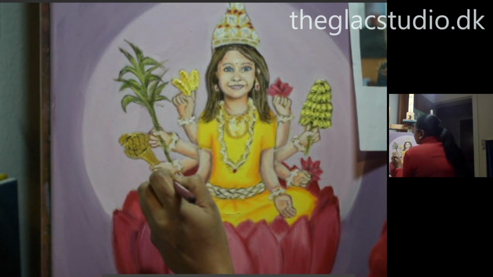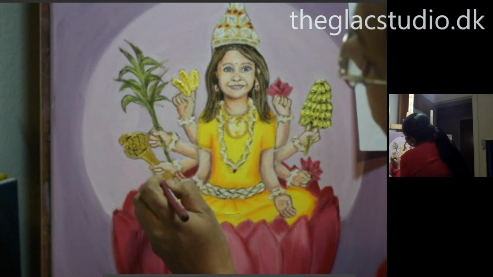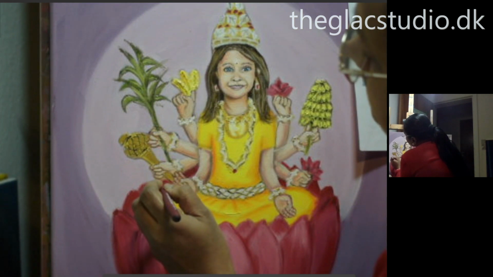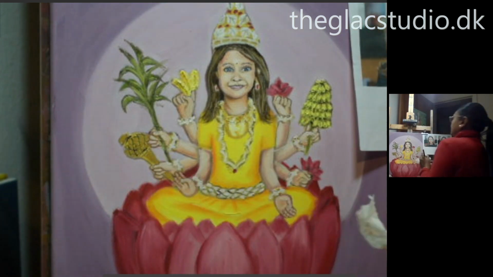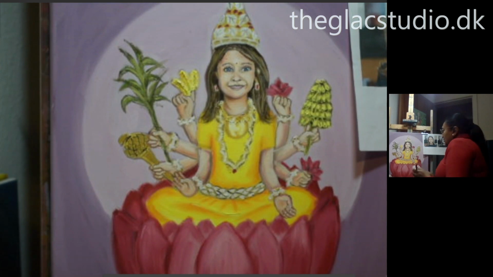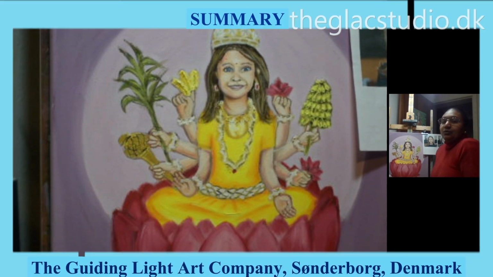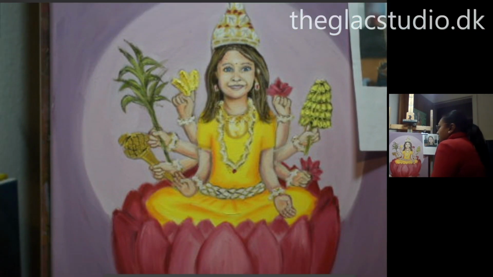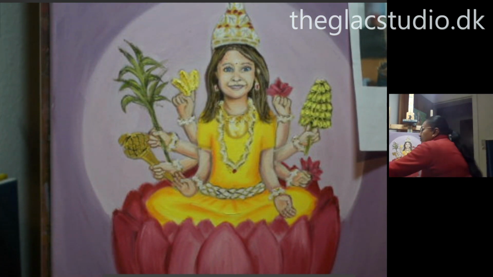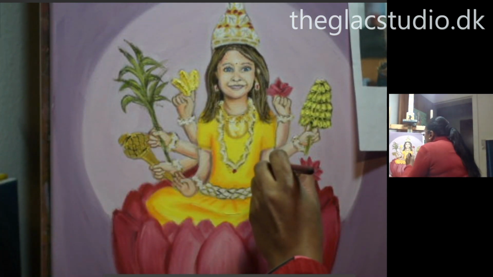Nearly there, nearly there. Couple of minutes. Hmm, I guess I will make a stop at this and take a look at her, how she's looking. I think she's looking pretty. Yeah. So what we did today was really working on the nuances, trying to build in some more depth, shades, and the skin tones, and trying to see where all we could build in some sort of